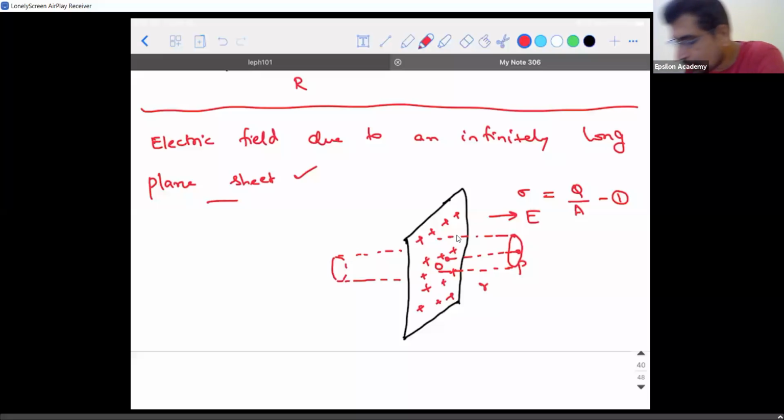In this case, the advantage is that when you do not integrate, you will get the answer in an easy way. So if I take the flat surface and I call its area A dash. Now, what is going to be the amount of charge that is there within this cylindrical portion?